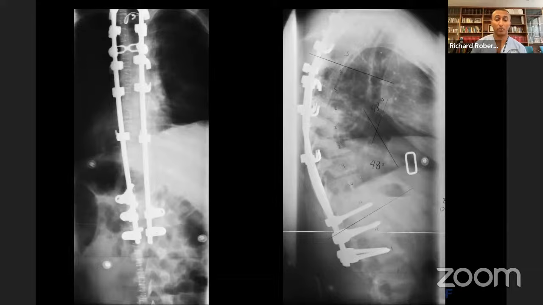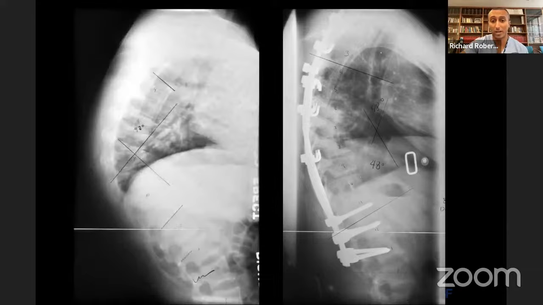And next slide, we can see them side by side. Really, what a nice correction we obtained. And I believe the next slide shows the clinical images showing the small portal sites for the endoscopic thoracoscopic anterior release, and we can see the midline incision as well. And then the next case